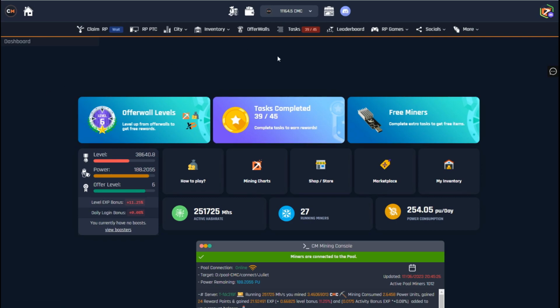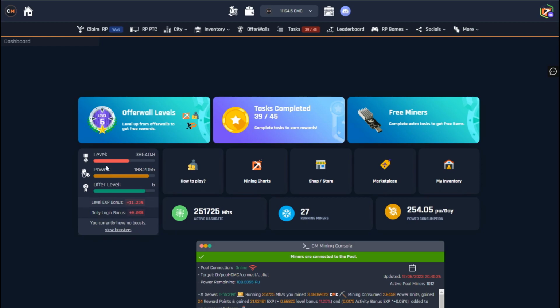Okay, so like I say, the owner basically is, I think, just taking a bit of guidance from what other very popular sites are doing. Some of the things that are being added to Contract Miner are very similar to things that I've seen on other sites, but at the end of the day, they are positive things, they are good things, things that basically reward us for the time that we are putting in. So like here, level